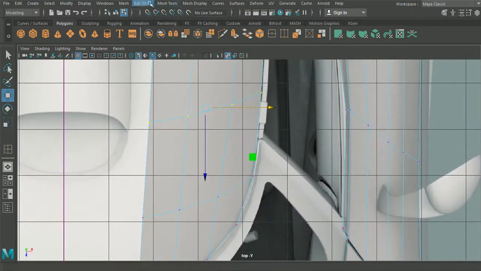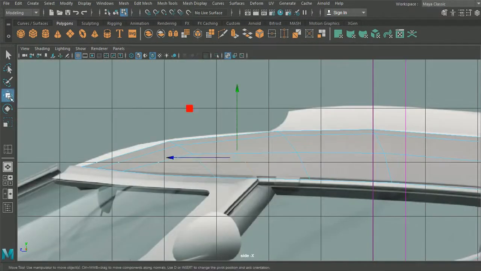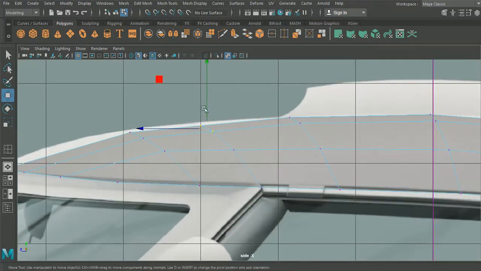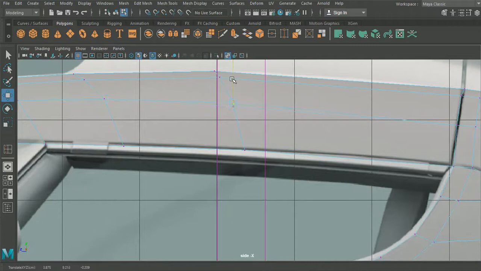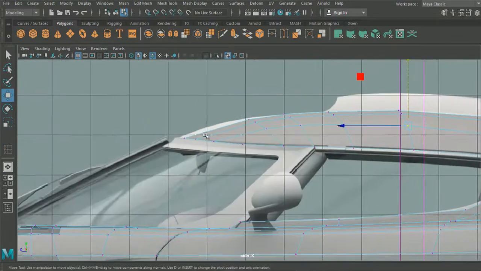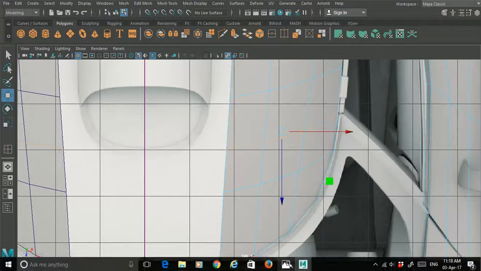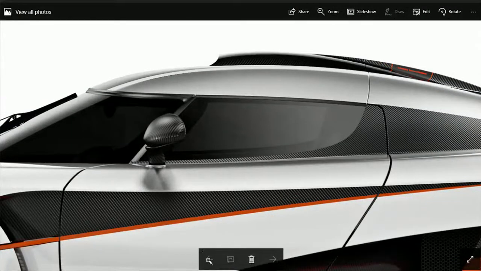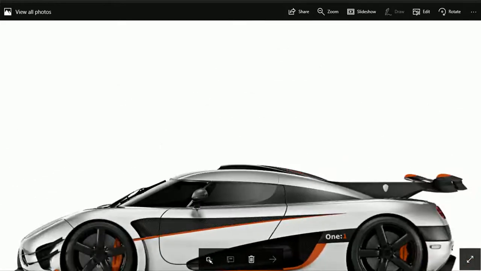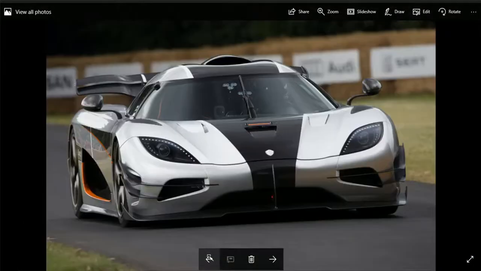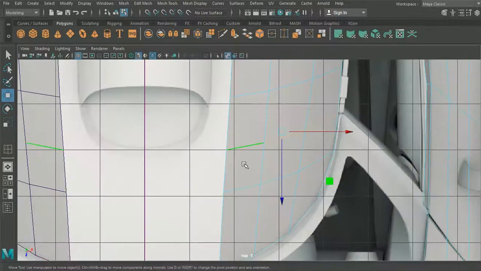Okay. And we'll insert one more edge loop, which will go here. So that's going to merge that section just there quite nicely. And that will allow us here to bring all these points up just to help maintain the curvature there. I think all of these might come up a little bit more as well, like so. And then what we'll do here, let's just double check. So that does bobble down as well. So maybe what we'll do